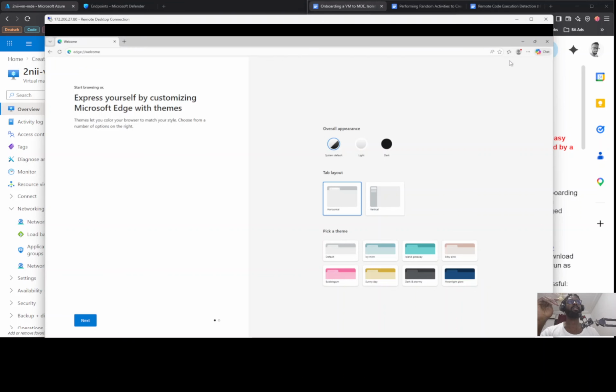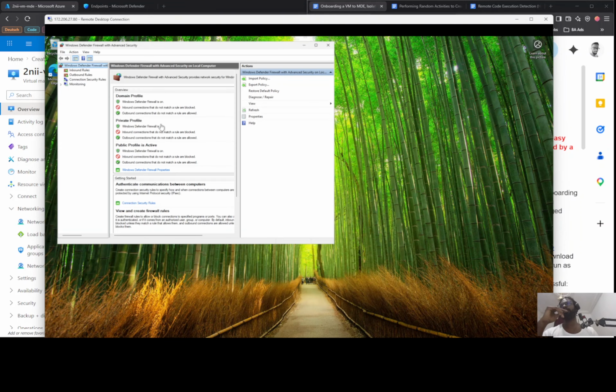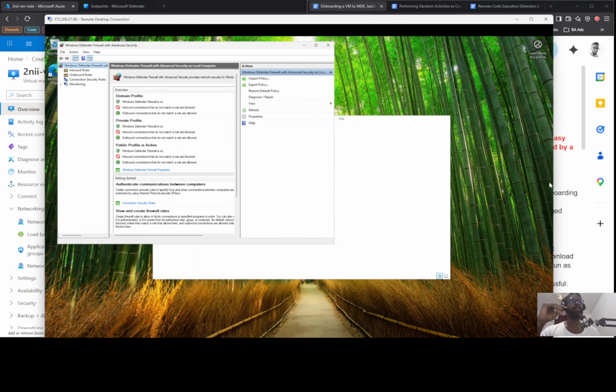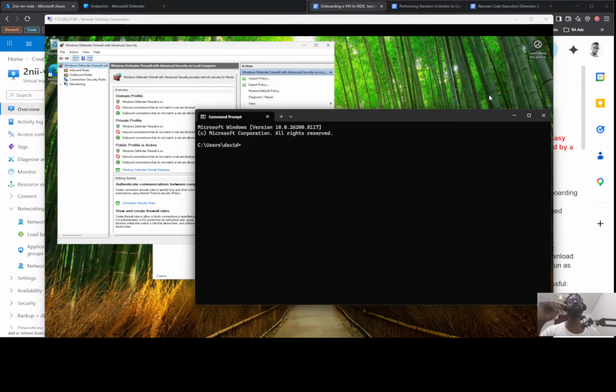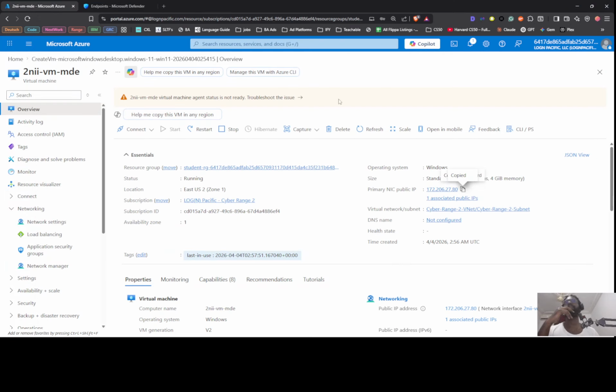Open that, then close this. What I'll also do is CMD. I'm going to open command prompt, and I'm going to ping this virtual machine right here. Let's go. This is the public